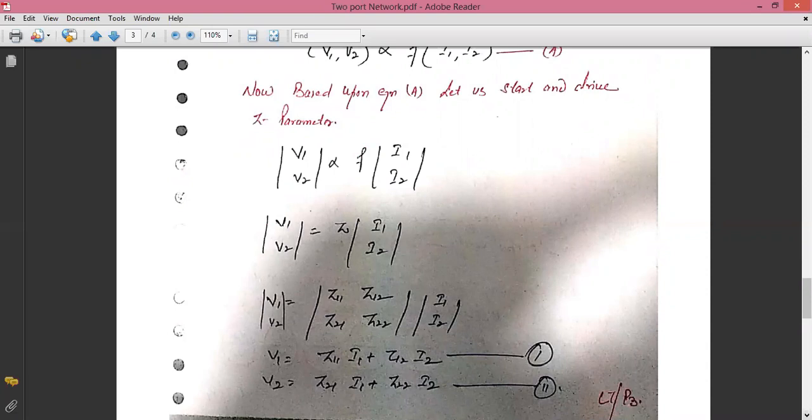Now what we have to do, you can see in equation number 1, what are the input signals and what is the output signal. In equation number 1, we have I1 and I2 as the signal, and similarly in equation number 2, again I1 and I2 are the signal. In equation number 1, we have input current and output current as signal, and similarly in equation number 2, again input current and output current are the signal. Now what I have to do, I have to make this input current and output current zero one by one.